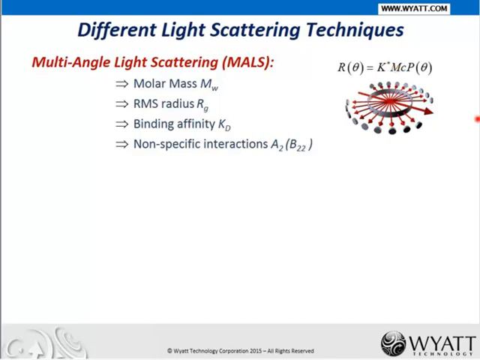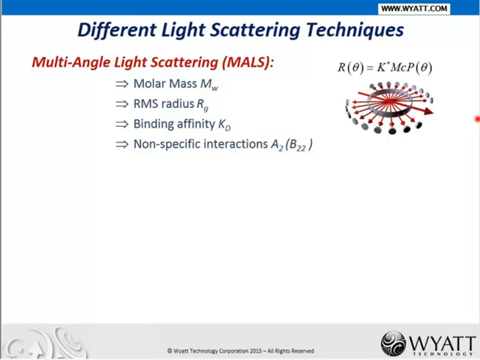So by measuring the scattered intensity at multiple angles, we can get the absolute molecular weight regardless of the shape of the molecule. If the size is larger than 10 nanometers, we can also measure the root mean square radius, or